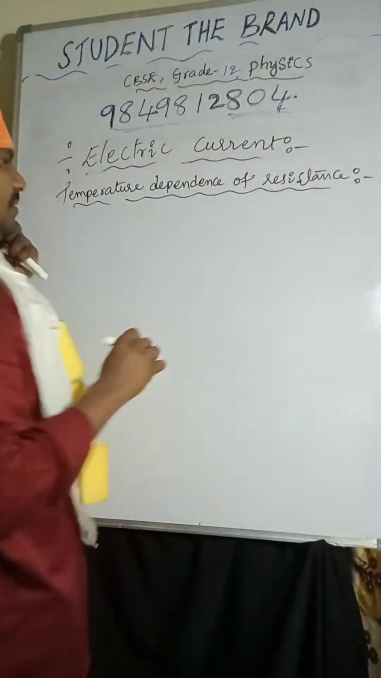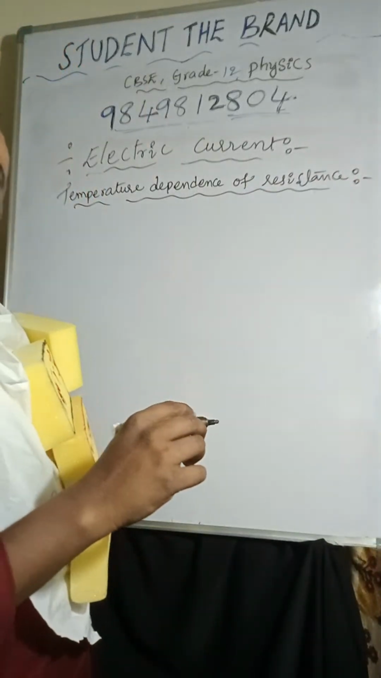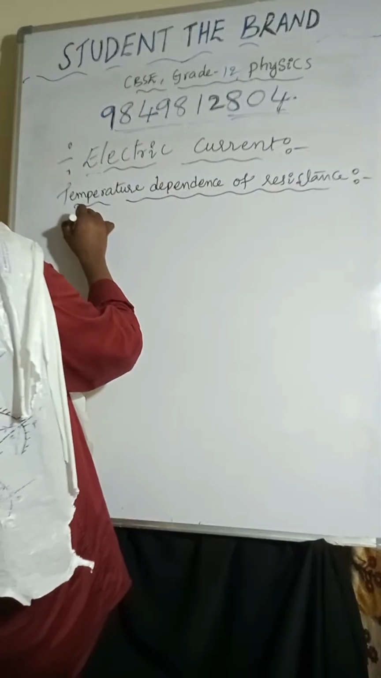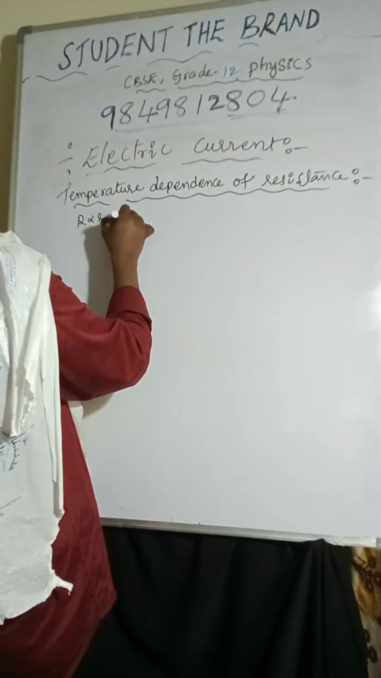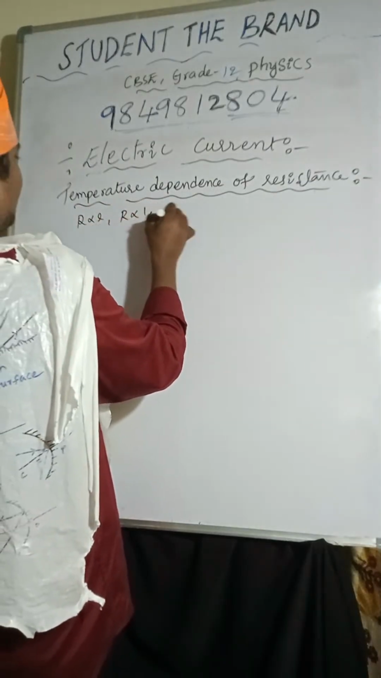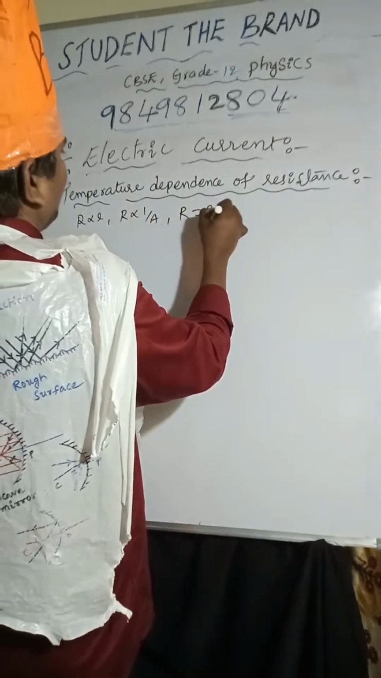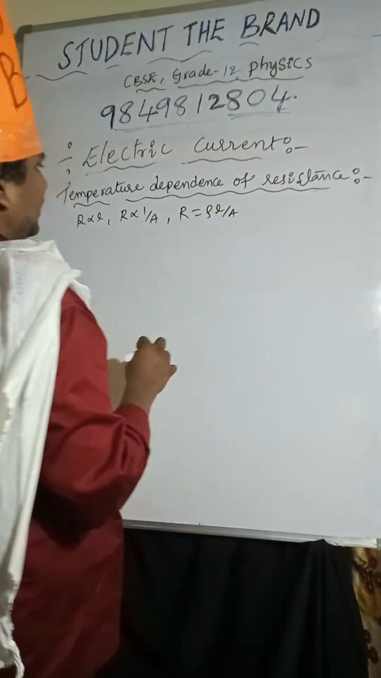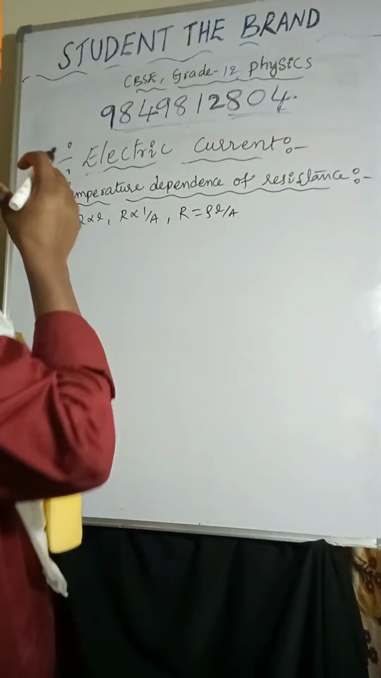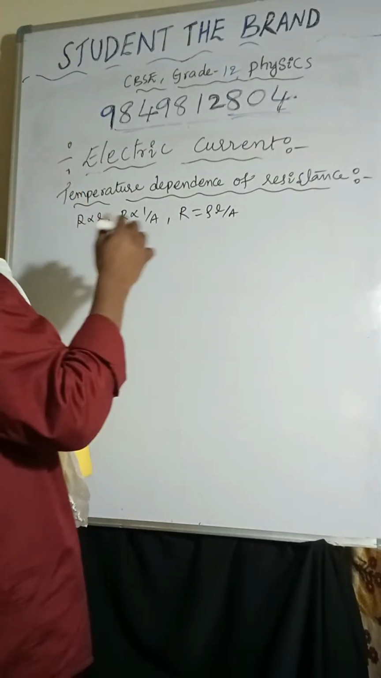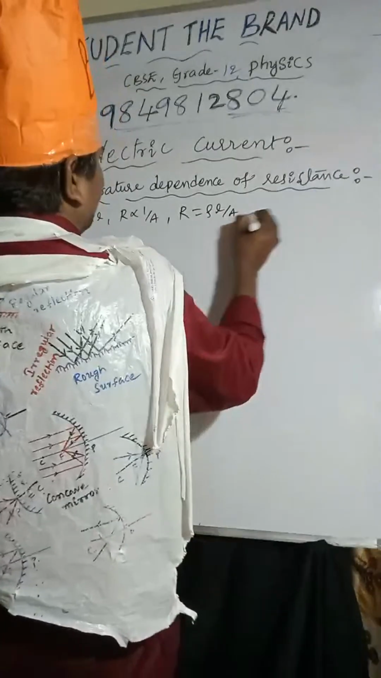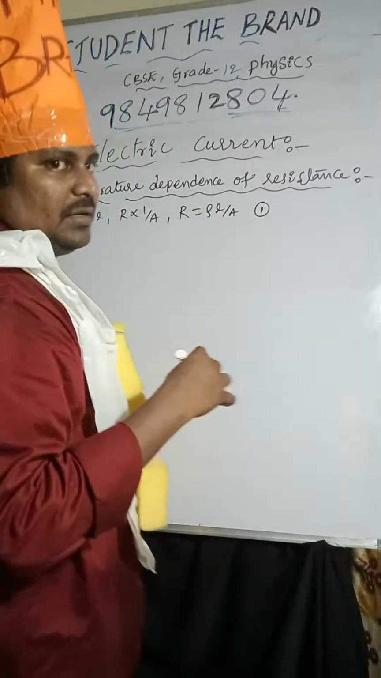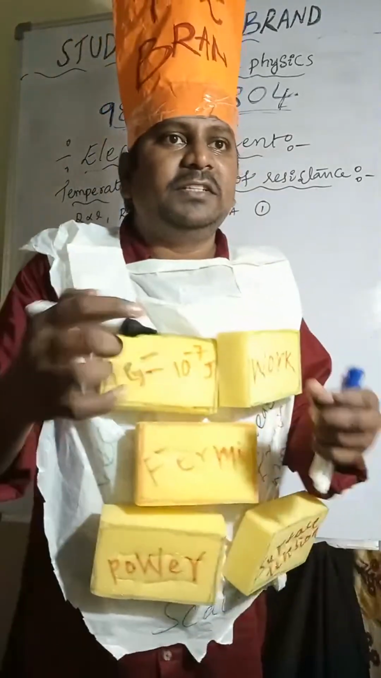Temperature dependence of resistance. R is directly proportional to L and inversely proportional to the area of cross section. R equal to rho into L by A. So here, when temperature increases, 2 points I'll discuss. Point number 1, so listen carefully. When temperature increases,